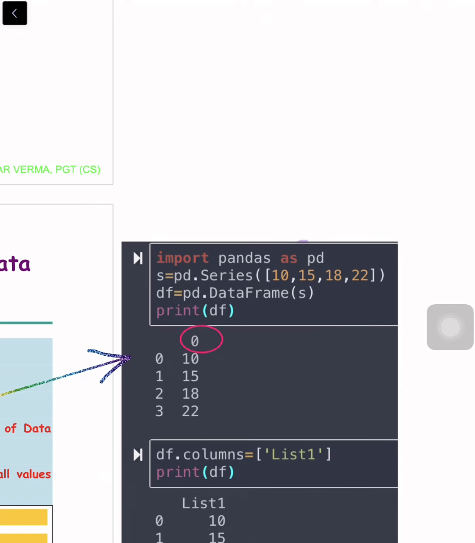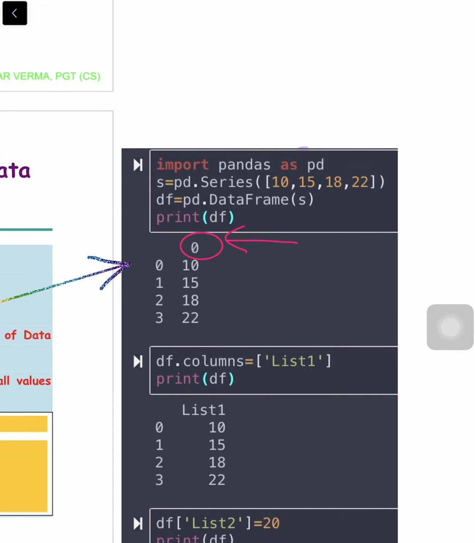Now after creating this data frame, if you want to rename this column from 0 to something else, say list 1, we will write df.columns equals, and inside a list we will specify whatever new name we want. Since there is only one column for which we want to change the name, we will give only one value. So it will change 0 to list 1.